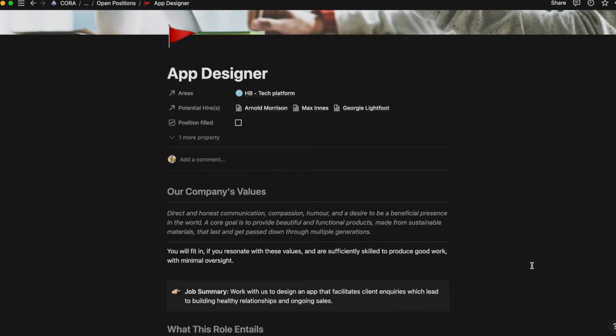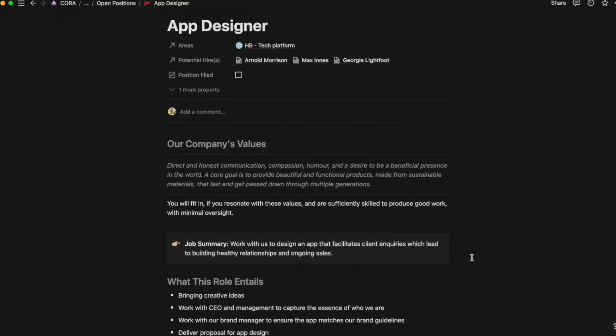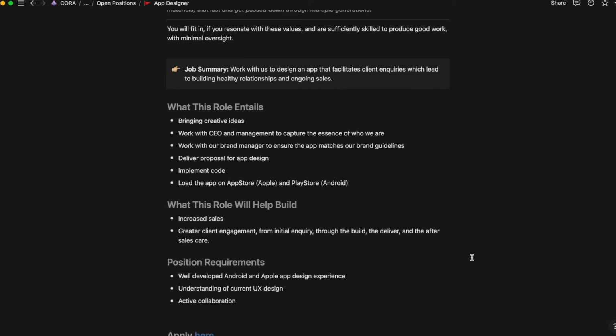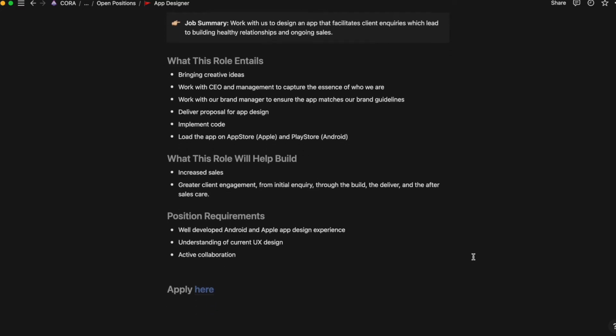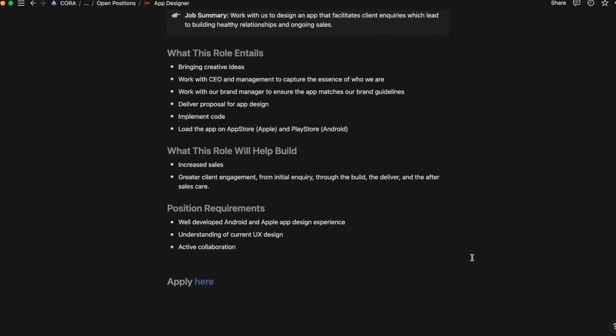The beauty of a synced block is that no matter where we edit it, it syncs across all of the other locations. So in this particular case, our company's values will remain the same and true no matter which role we're looking at. Then we see the job summary and what the role entails, and what the role will help build,